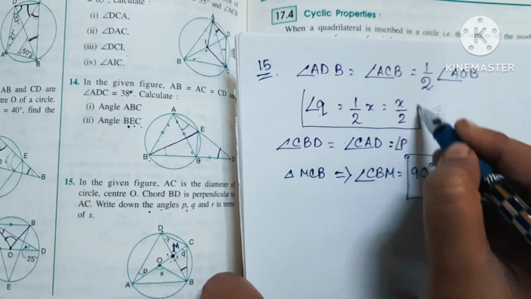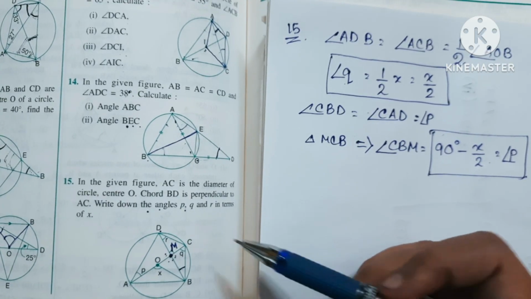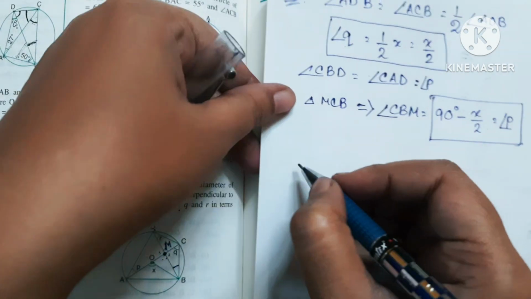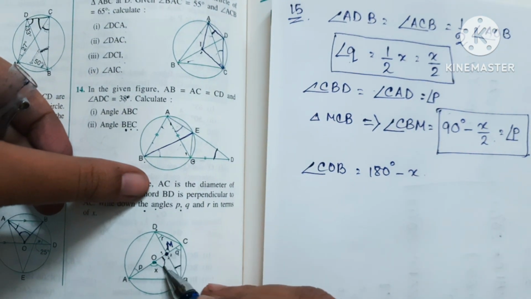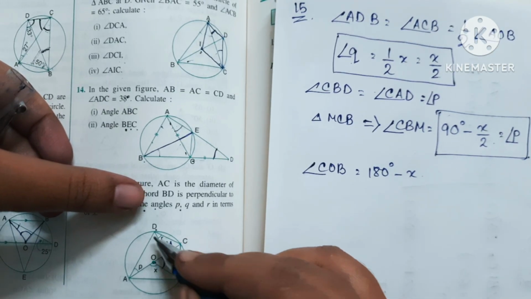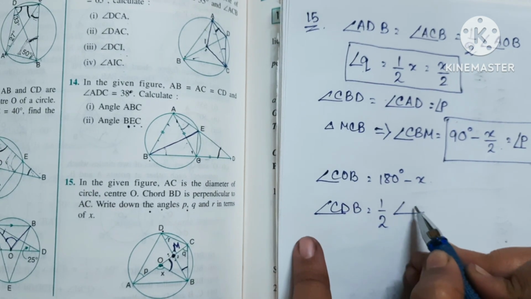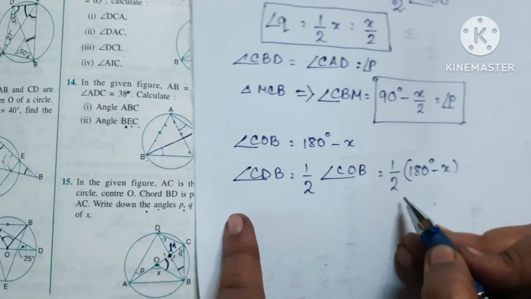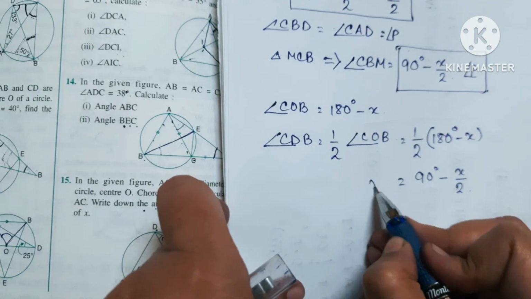Okay, this is one, this is another one, and the last one is R. You have to write R in terms of x. Okay, now see, since AOB is x and AC is diameter, that means angle COB is equal to 180 degrees minus x, right? This angle. Now COB and CDB, they are on the same segment. One is at the center and another one is at the circumference. So that means CDB is equal to half of COB. So this will be half of (180 degrees minus x). So it will become 90 degrees minus x by 2. Okay. So CDB is R. So angle R is this one.